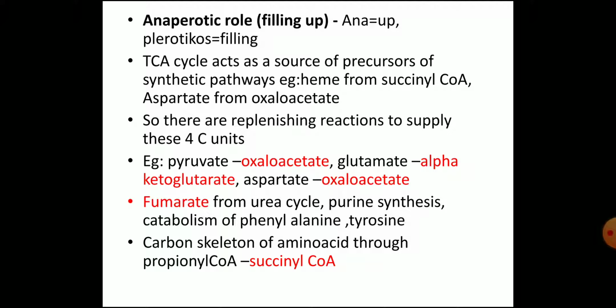Okay. So amphibolic means both anabolism and catabolism. Catabolism is the oxidation of various biomolecules like carbohydrates, fats, and amino acids. Anabolism means synthesis of various substances required for the body, that is, heme synthesis and gluconeogenesis from oxaloacetate, like that. Then transamination for non-essential amino acids, heme. All these are the various anabolic roles of the TCA cycle intermediates. Okay.